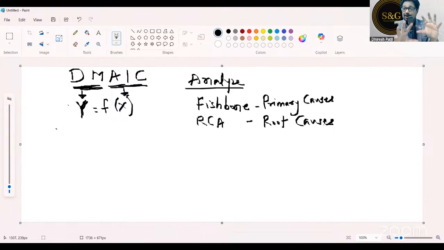So this is a fundamental change between the traditional way of solving a problem and the Lean Six Sigma way. In the traditional way, when a problem comes, we immediately jump to the conclusion: problem and solution, problem and solution, problem and solution. This cycle we are breaking: problem, primary cause, root cause, and then solution. This is the new cycle we are adopting. In the analyze phase, we identify the primary causes and then the root causes.